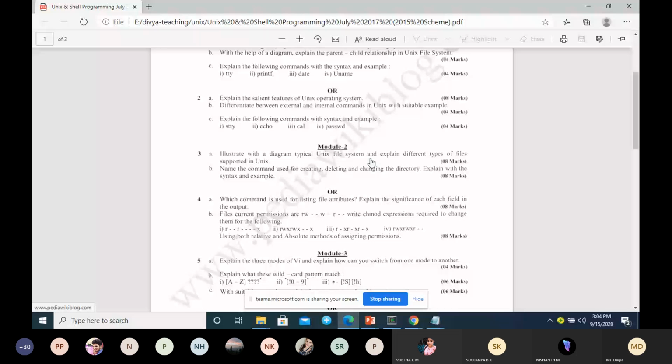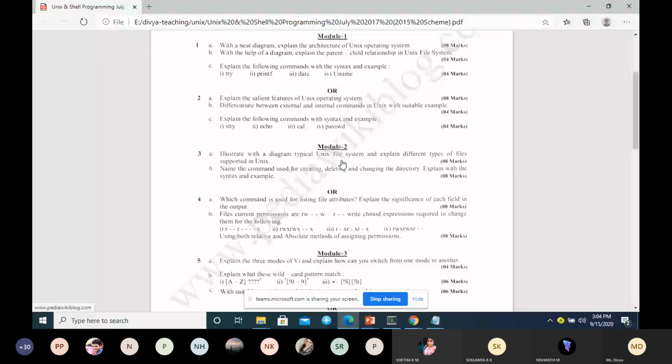The other parts, like how the command is used for creating and deleting, are also not there. So only this question, the different types of files. Moving on to the next one.